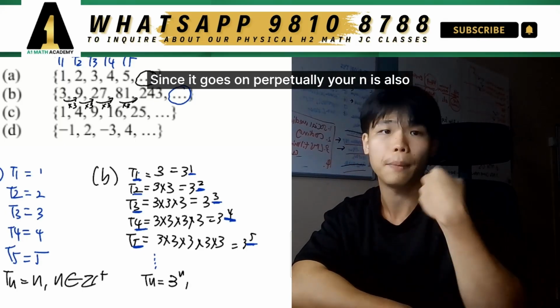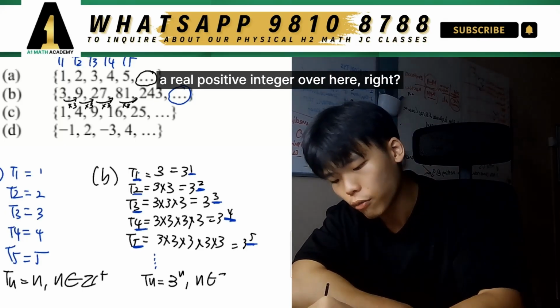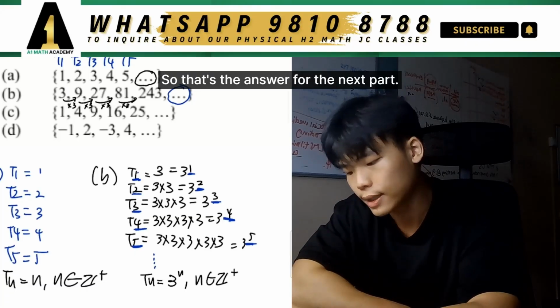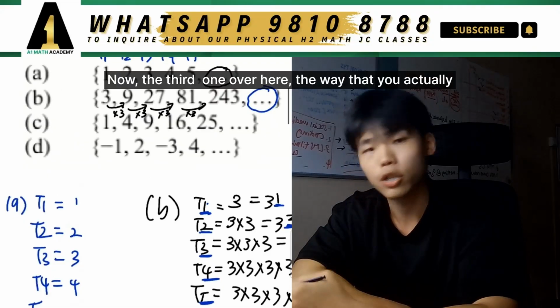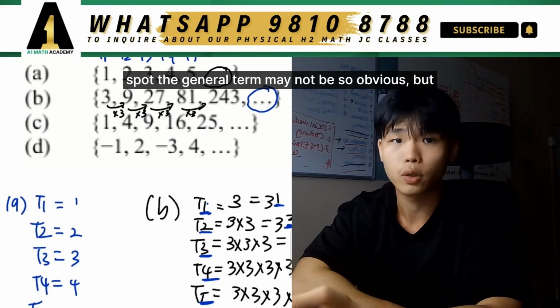Since it goes on perpetually, your n is also a real positive integer over here, right? So that's the answer for the next part. Now the third one over here, the way that you actually spot the general term may not be so obvious,